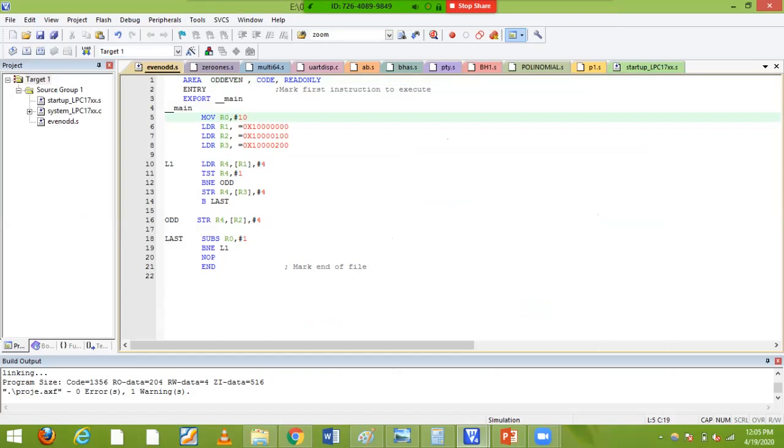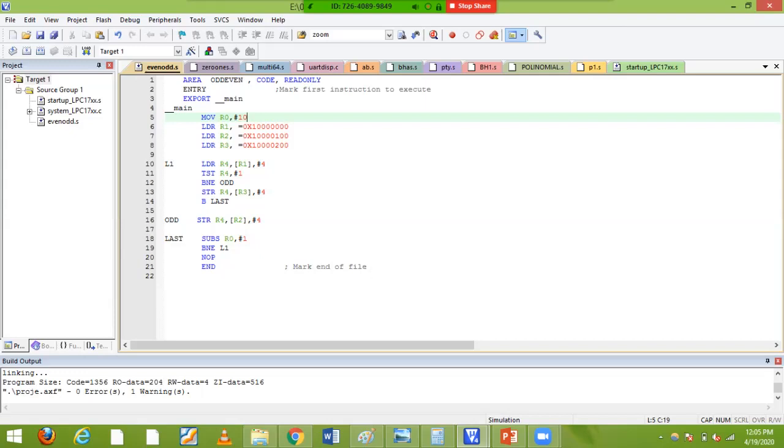In order to get the memory location, I have taken 100 and 10. At the end, 100 and 200, I'm going to take in order to store the even numbers as well as the odd numbers. I'm going to take two more memory locations, just loading the memory locations into my registers.